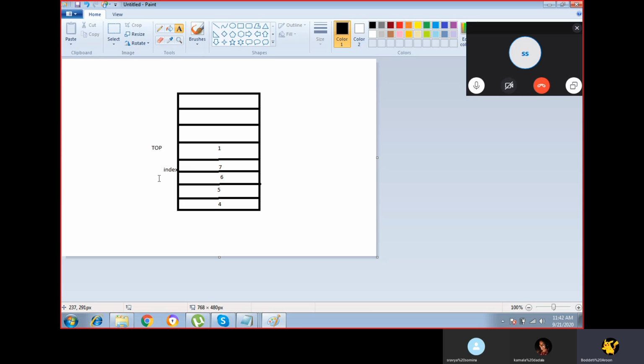And we'll be operating the stack by using the LIFO concept.